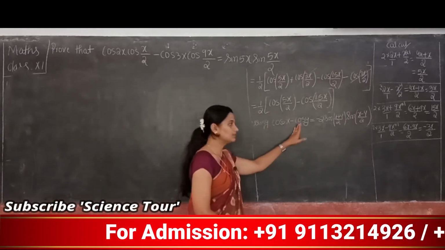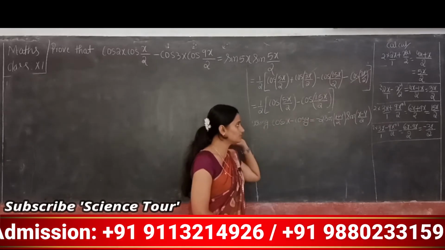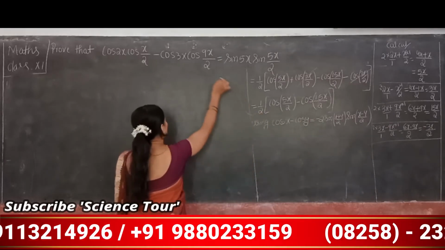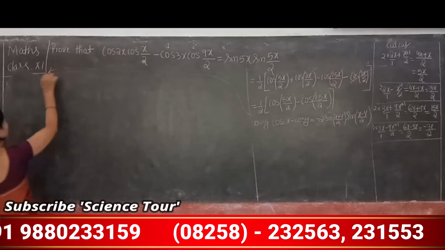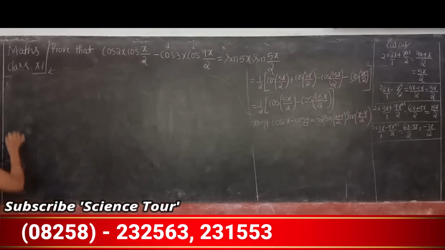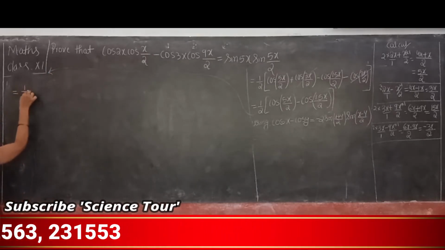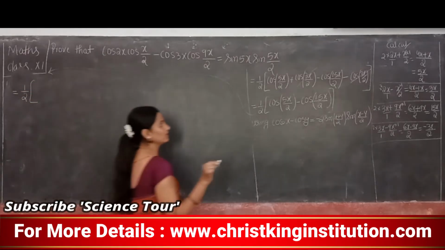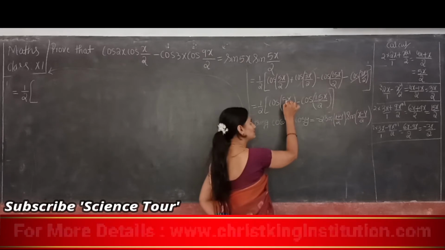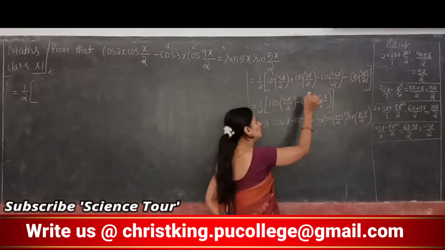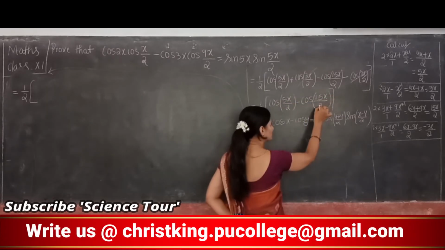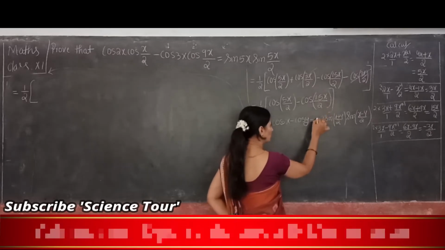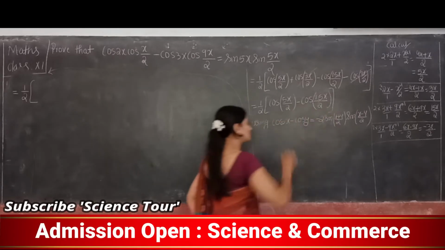After this, the formula is cos x minus cos y. I am continuing here. So this is equal to half of cos x minus cos y, where x is 5x divided by 2 and y is 15x divided by 2. So this is equal to minus 2 sin